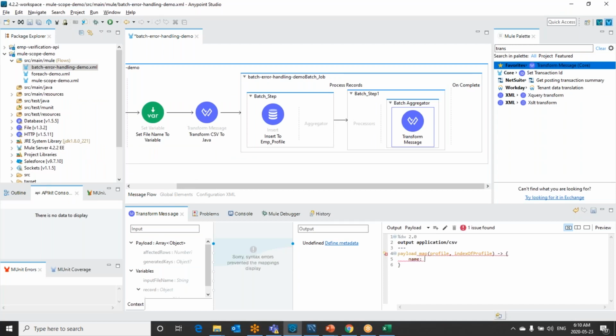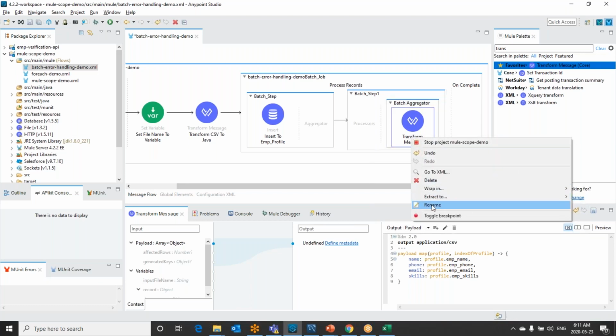So name should be profile dot empName, as we converted it here as empName, and phone profile dot empPhone, email profile dot empEmail, skills profile dot empSkills. Save.